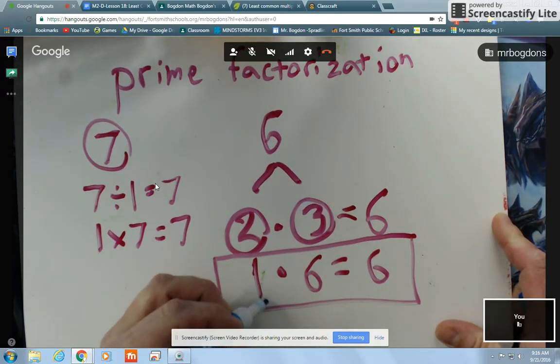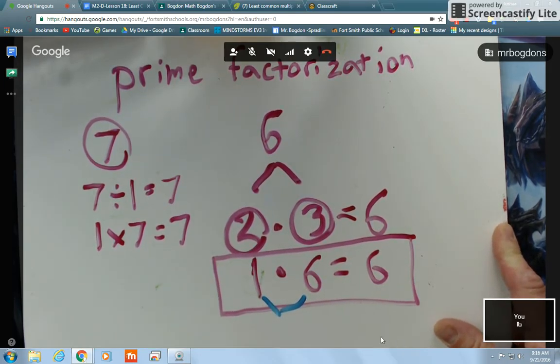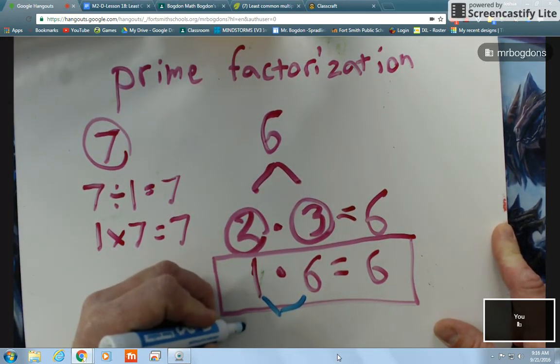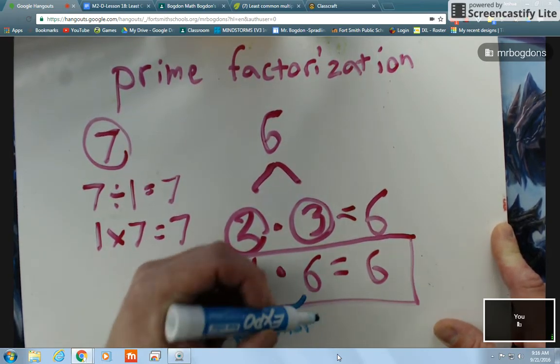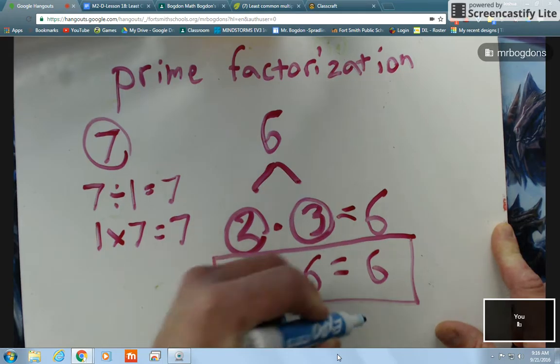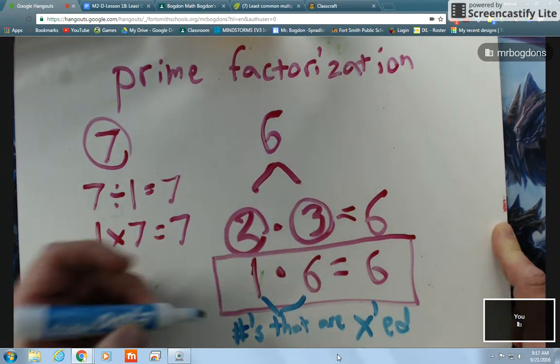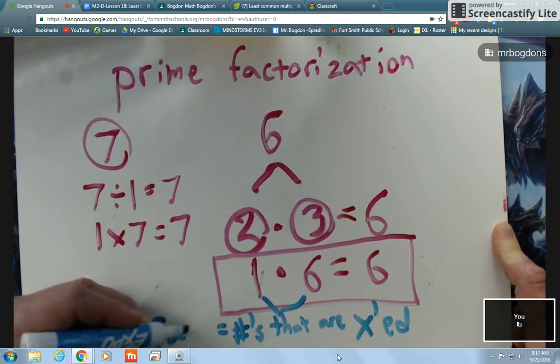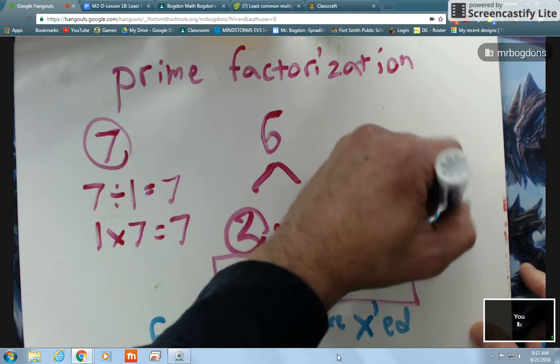Okay. So these are numbers that are multiplied. And these are called factors. Okay, so I have factors. If those are the factors, what is the other part of this equation? Yes? A product. So here we're using the same